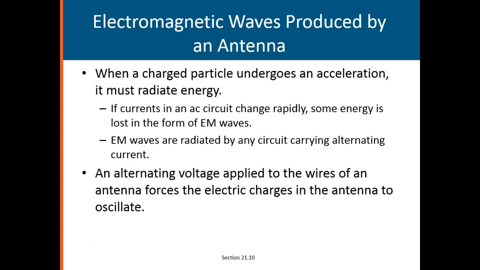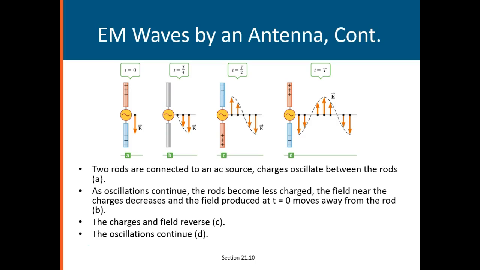Okay? And alternating voltage applied to the wires of an antenna forces the electric charges in the antenna to oscillate. If you put an alternating voltage on an antenna, it forces those charges to move. When they move, they send out an electromagnetic signal. Okay? Waves. This is what the television stations are doing. This is what the radio stations are doing. This is what your microwave towers are doing. Now some of those are just catching it and retransmitting. The electromagnetic waves by